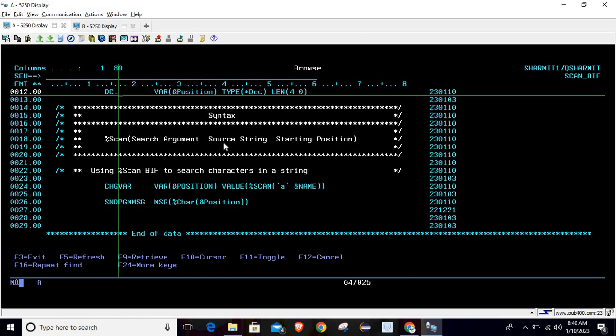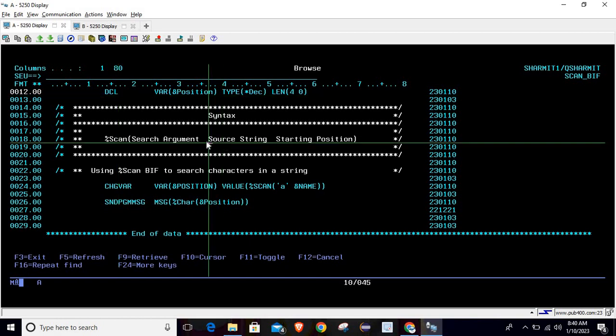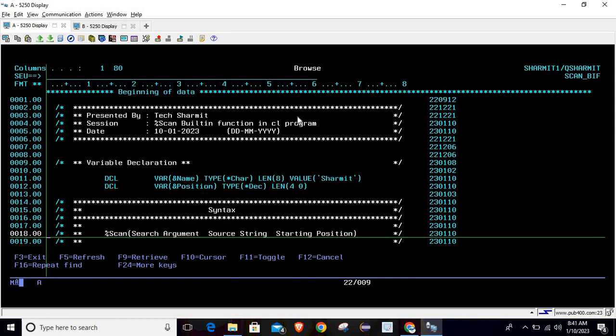The only difference is the syntax. There is a different syntax, and here we are using this kind of syntax. But it will clear your concept of how scan and %CHECK work and what the differences between them are. So I hope